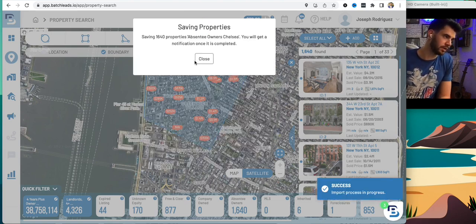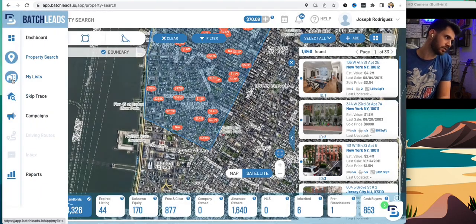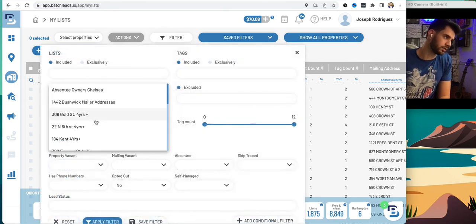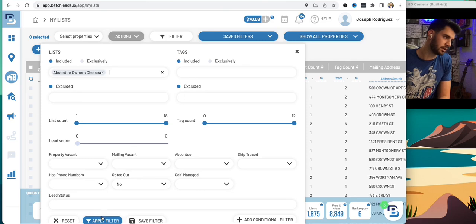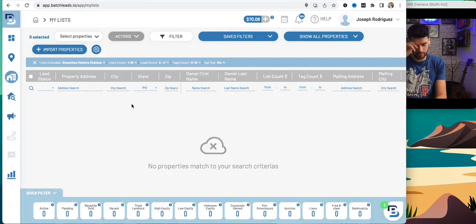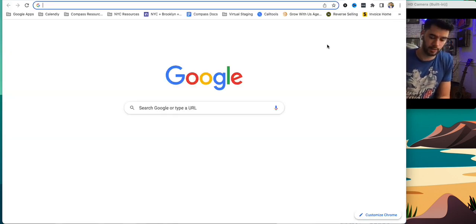And then we'll exclude the ones that don't have a verified address. Click save. Now at this point it's going to go to another list, and then that list is the one we're going to skip trace. So right now it's being added to a list, which is going to be in my lists. And then we're going to filter it to the one that we just did, absentee owner Chelsea. Apply the filter. And since it's loading right now, we're going to wait a bit. We'll wait a bit here, but while we're waiting, I guess I'll show you how to do